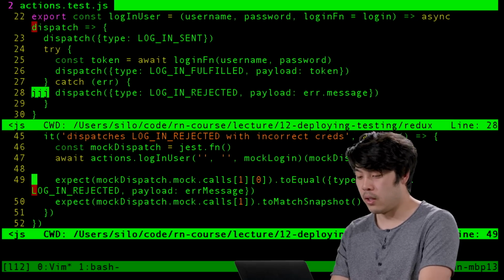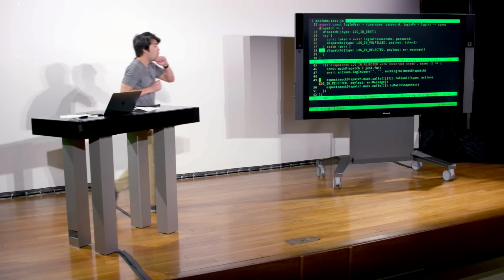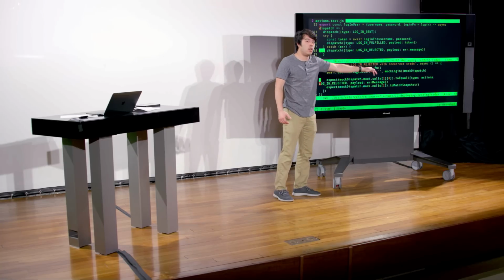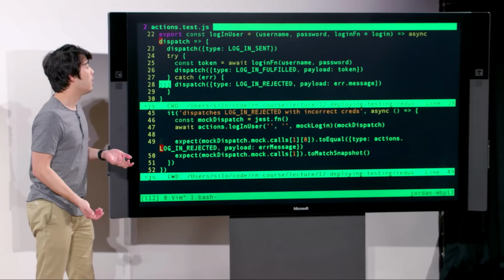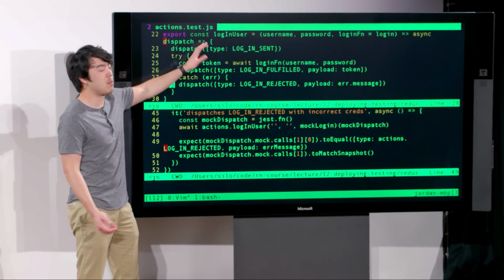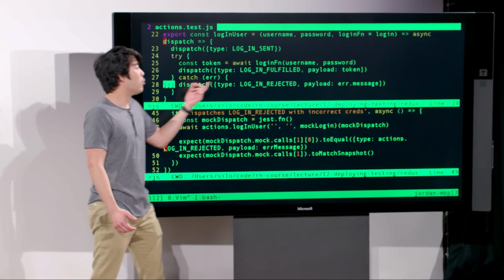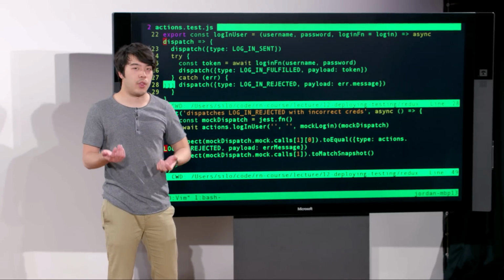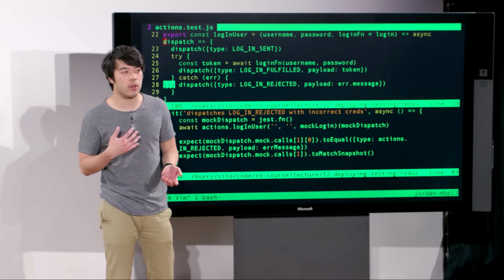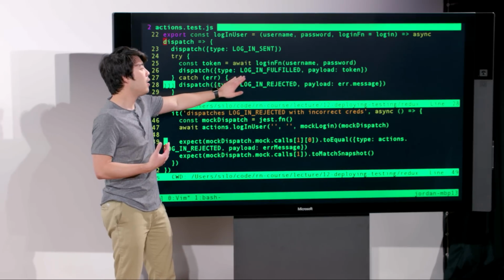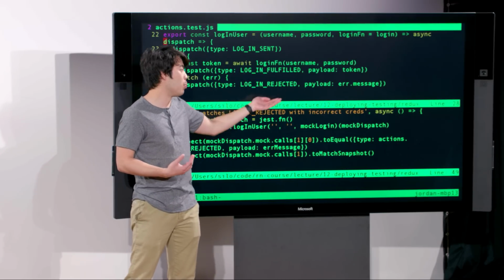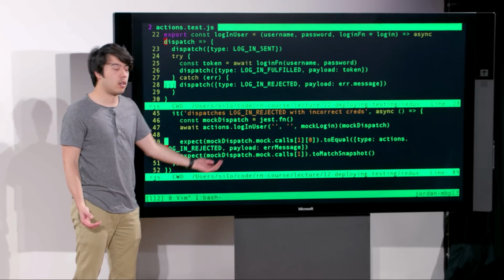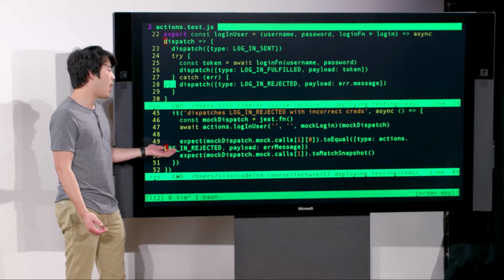And so if we want to dig in a little bit into that login rejected, we can see that although it's similar to the code that is written in login user, it's not really re-implementing anything. In login user, what we're doing is we're first dispatching an action, and then we're checking the result of our login function. And so we're going to attempt to log in with a username and password, and depending on how that goes, we're either going to take the branch where we fulfill the login, or we take the branch where we reject the login. And so if you look at our logic in our test here, first we create a